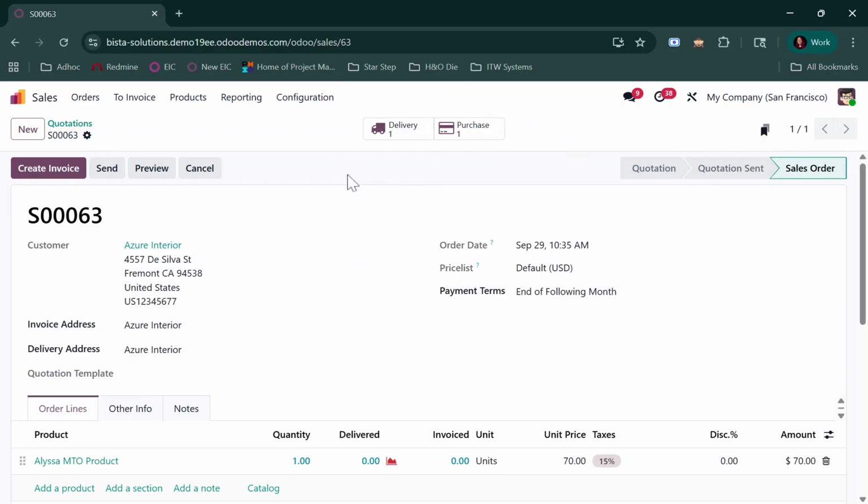Odoo also has the functionality to make to order and make to stock. So if you are interested in the process whereby it takes it from stock, or if there's none available, it will create that purchase order,